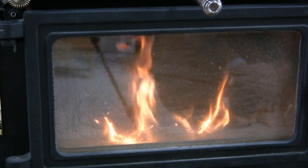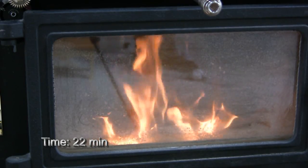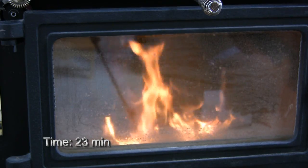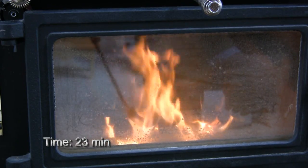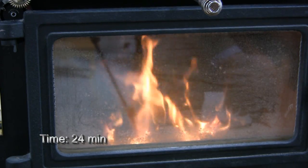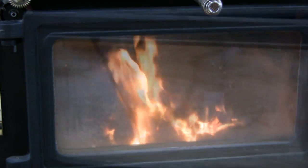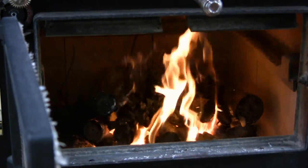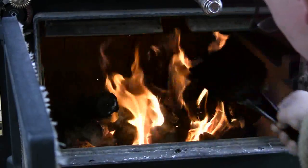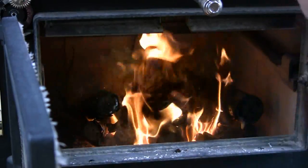But you can see that the quality of the flames is changing. This is looking a little bit more like a coal fire than a wood fire. The volatile gases are being released from the coal and they're starting to burn. And the fire now begins to suck a lot of oxygen, which can be heard with air rushing through the ashpan door. And when we believe that some of that coal may have begun to start, we can add a little bit more at a time, mostly on top of the